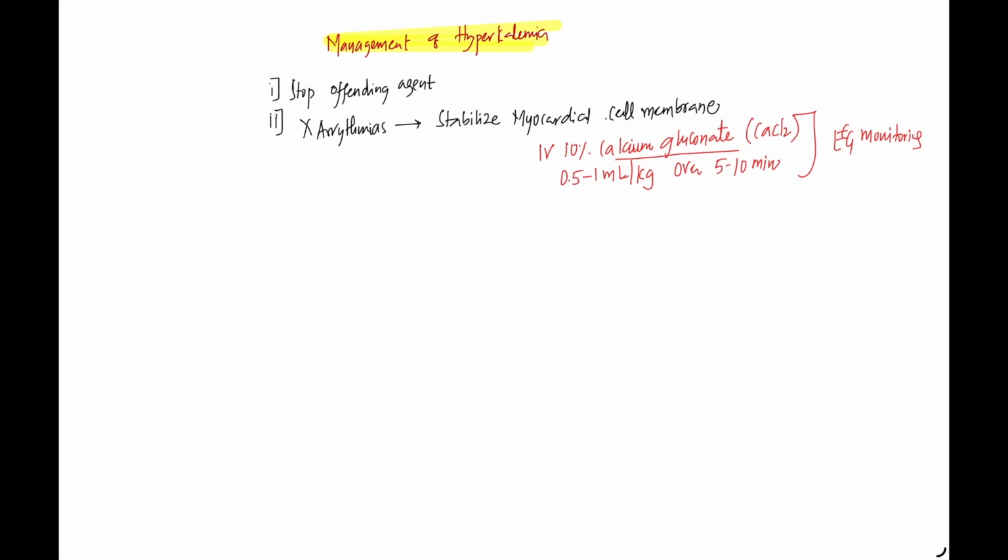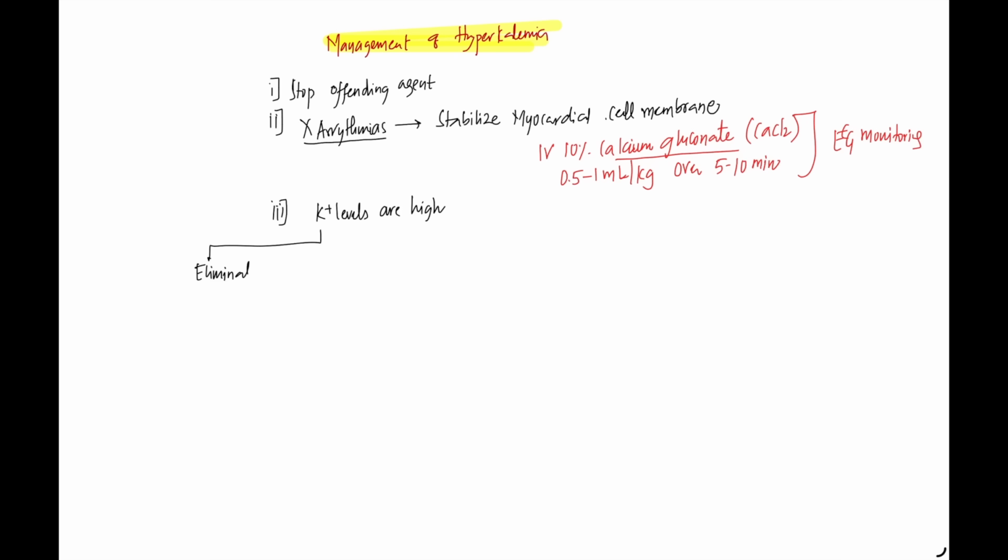We're not treating the cause. It's like when there is fever, you give paracetamol; we're not giving an antibiotic. Likewise, when there is hyperkalemia, you're only stopping the arrhythmias by stabilizing the myocardial cell membrane with the help of calcium gluconate. But to control the potassium levels, which are high, what can be done? We can either remove it from the body,